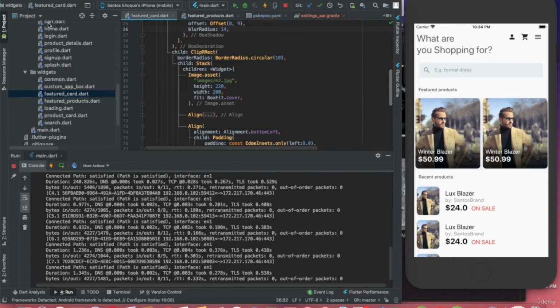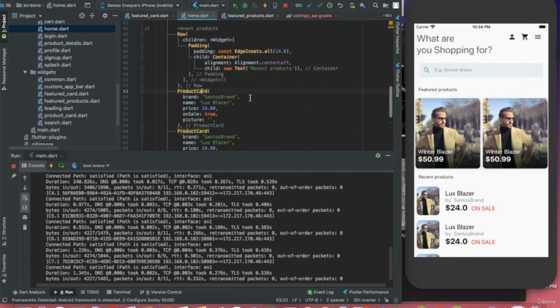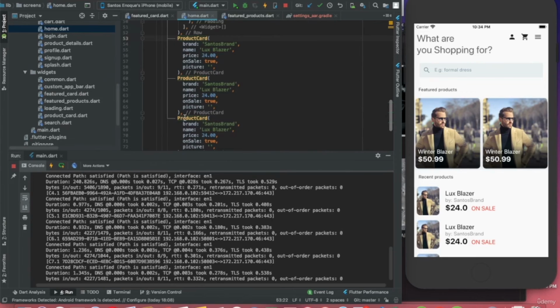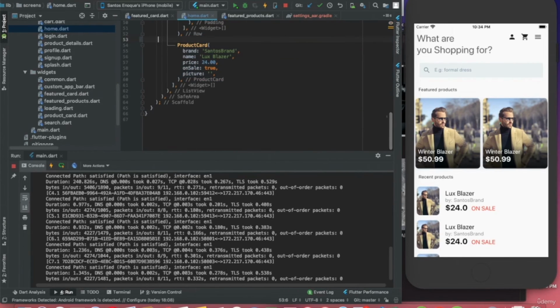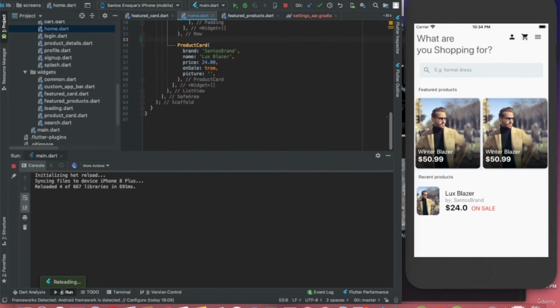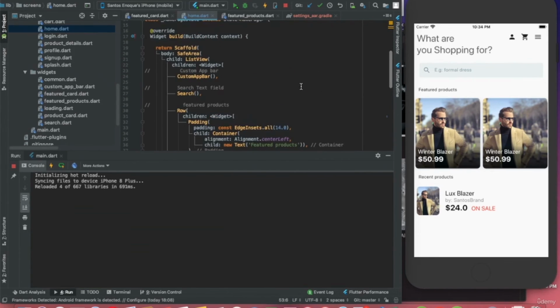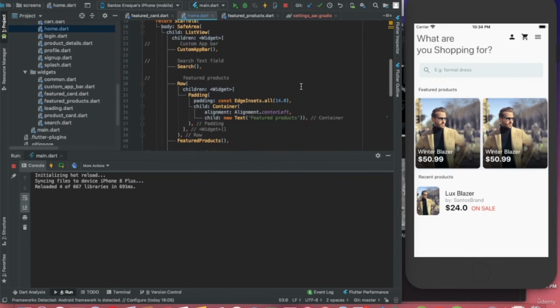The very first thing we are going to do here is coming to our app and delete a couple fields. Okay, so now here we have our basic structure. What we will want to do now is